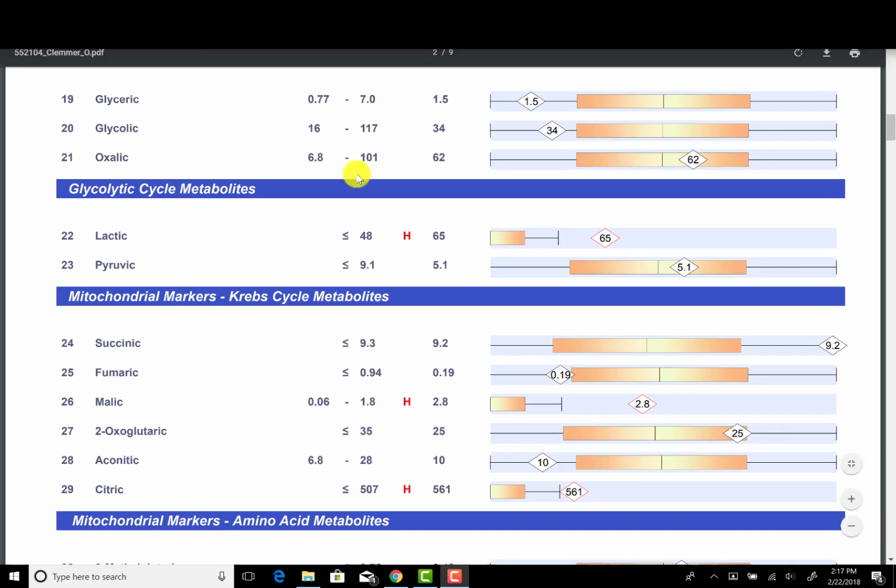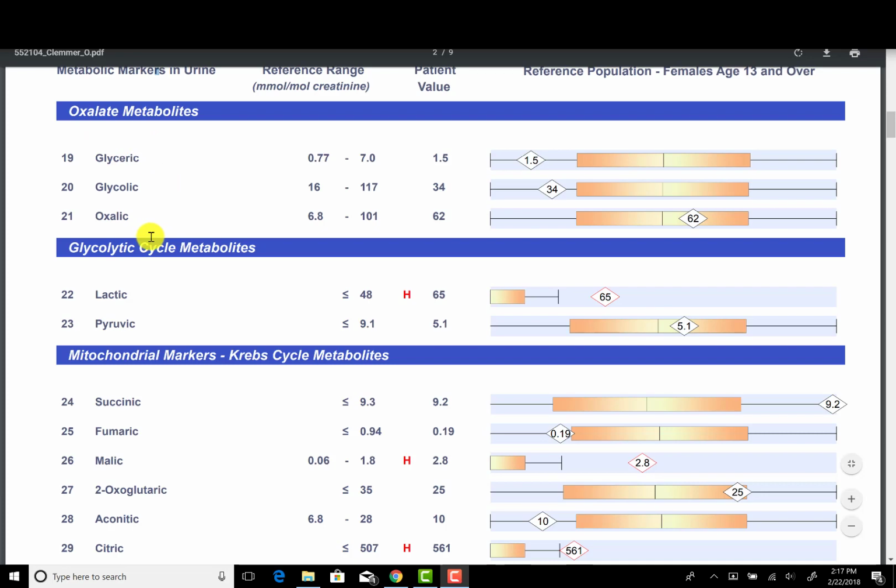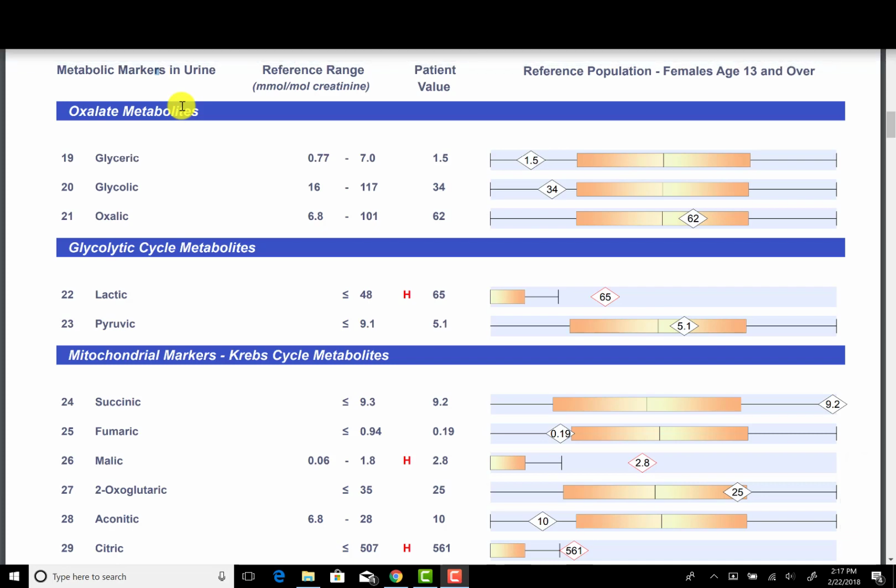So we'll move on down to the next section here. Up here, these are oxalate markers. So scroll up here, yeah, oxalate metabolites. This is huge in patients with fibromyalgia. So think of oxalate crystals like kidney stones. The thing is,